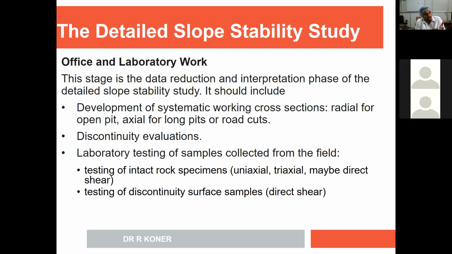For geological discontinuity type 1, you will collect many samples, say 10 samples. You will test those 10 samples for determining the joint shear strength of joint set 1. You will collect n number of samples for joint set 2, test them in the direct shear test apparatus, and estimate the joint strength characteristics of joint set 2. Similarly for the third, similarly for the fourth. In that way, we can plan the testing of the discontinuity surface samples. Is it understood?